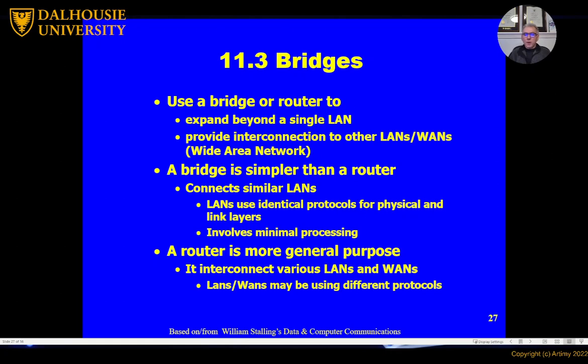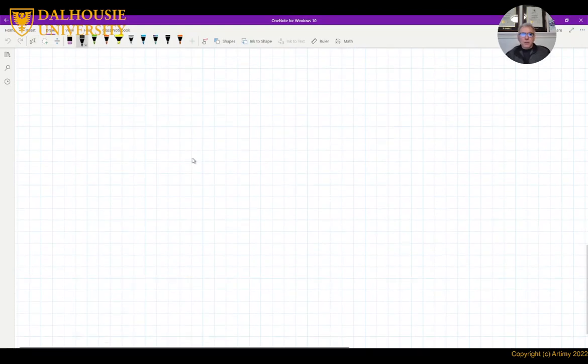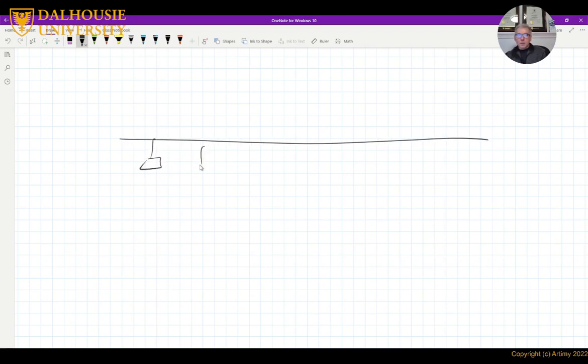So we have problems with this bus topology. So one solution to this problem is to create something called bridges. So the idea of the bridge is we use the bridge to break the network into smaller segments. So instead of a bus that connects nodes like this, I may come and say, well, I'm gonna put a bridge here. Okay, what's the benefit of the bridge now? Why did I put the bridge this way?